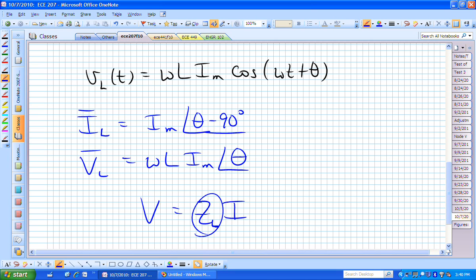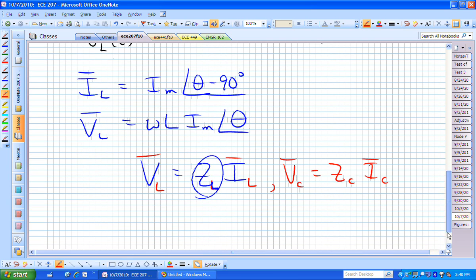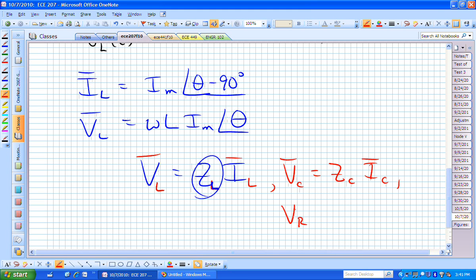In this case, we want it to be the inductor impedance, and so this would be I sub L and V sub L. We also want to find, and that will be these phasors, Z sub L in general will be complex. That will be a complex number. If we wanted the capacitor, we want that complex impedance,